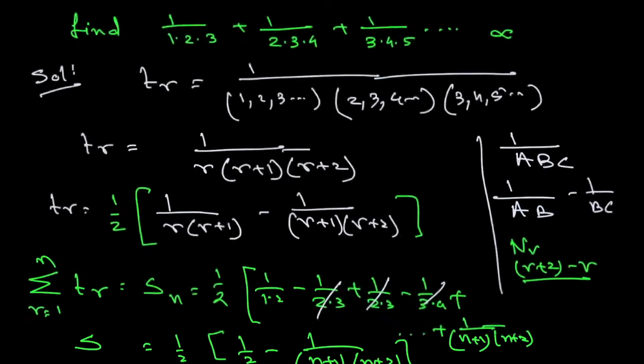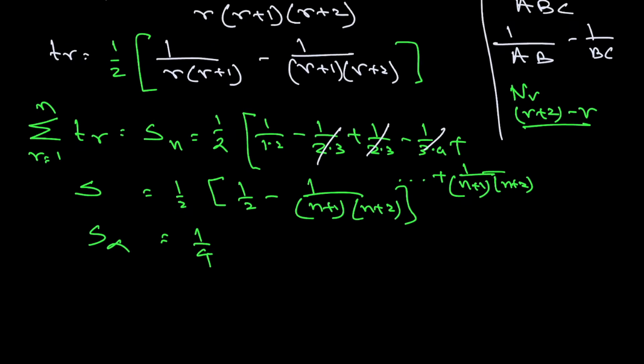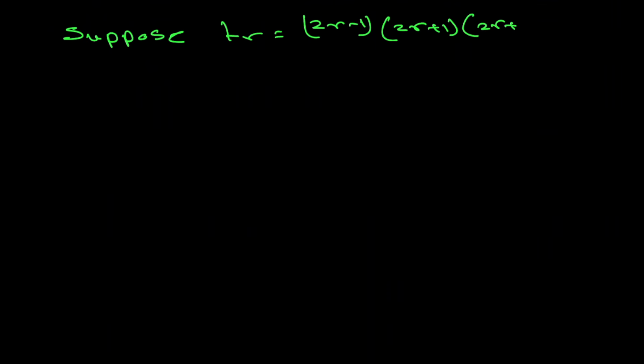Okay, everyone. So in this way we'll proceed, and everyone, that VN method I think you have understood properly, and this is a way of solving the sum, and next time I'll come with more and more standard questions. So let's go to one more standard question. Suppose I'm giving you one sum. Suppose Tr equal to (2r minus 1)(2r plus 1)(2r plus 3)(2r plus 5)